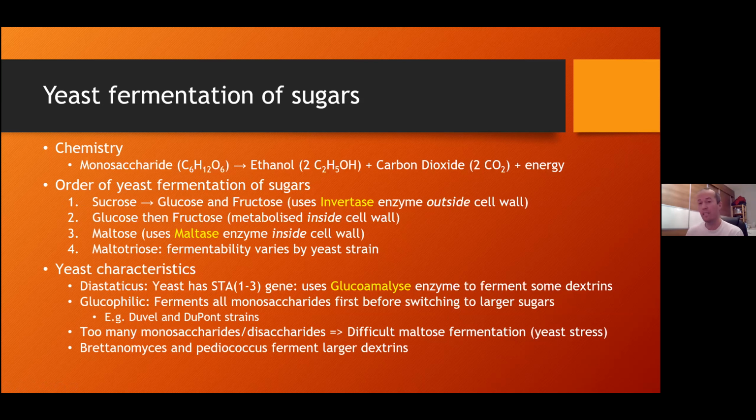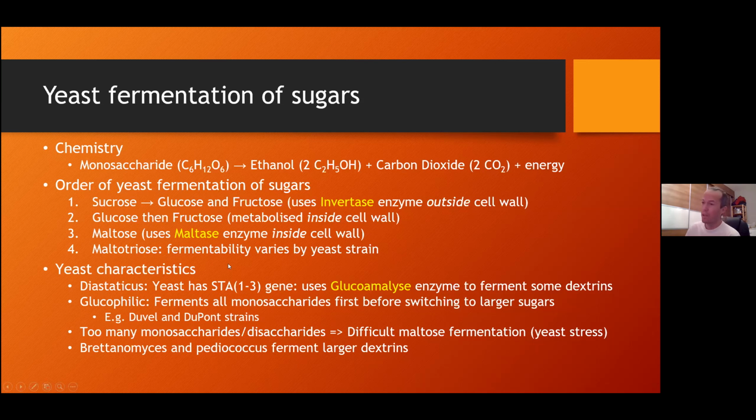But these things also happen at the same time, and it depends on the yeast, on how picky they are. You could say some yeasts prefer to eat their greens first and then their steak, others eat a little bit of each at the same time, but it really just depends. So then they go for the monosaccharides, then the maltose, and then the maltotriose, and the fermentability really differs. And then they start struggling.